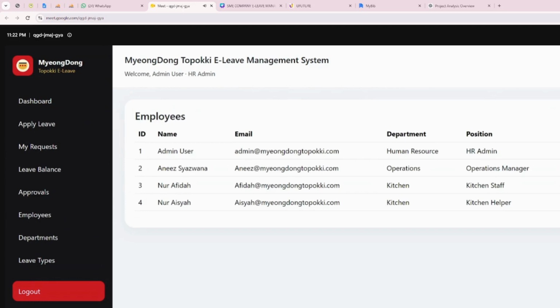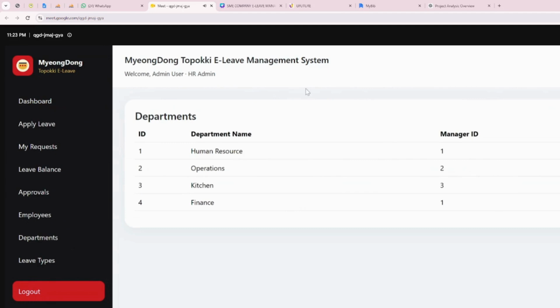And then the next step 7, department. Moving on to the department module. This table defines our organizational hierarchies and routes leave applications to the right approver. This database view maps out every department within the company and links it directly to a designated manager using their manager ID. By establishing